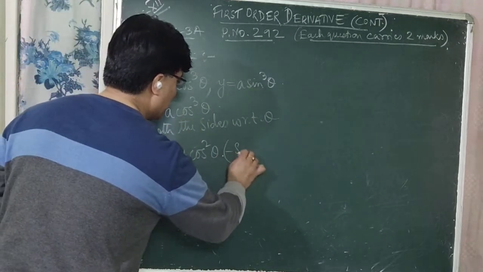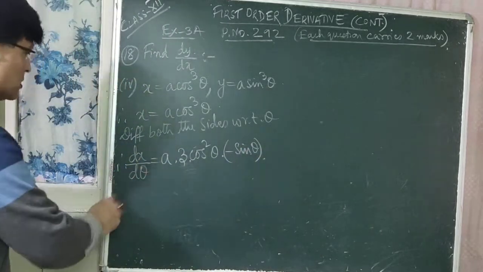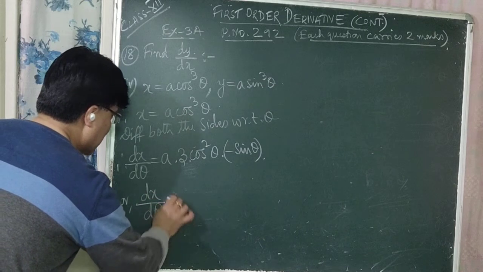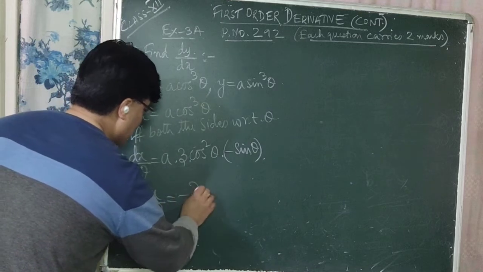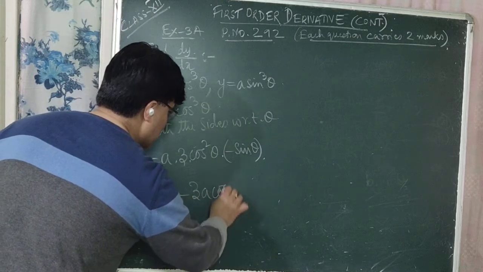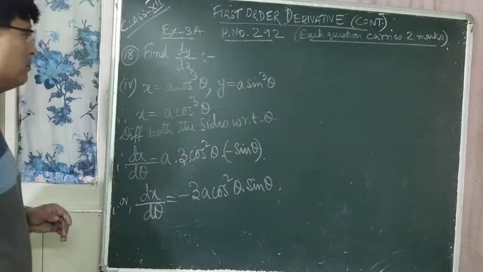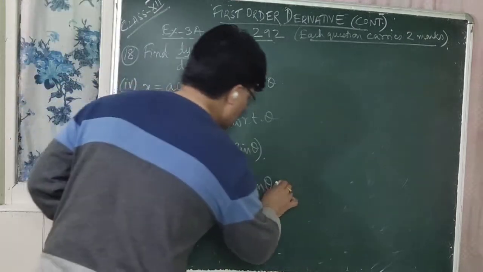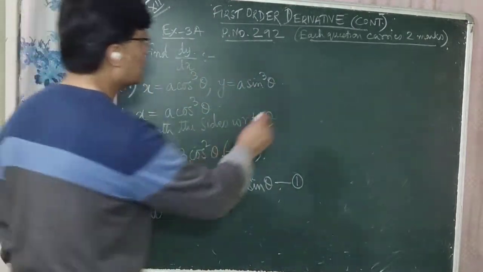That is minus sin theta. Is that clear? So dx by d theta is equal to, so minus sin, write it in the front, minus 3a cos square theta into sin theta. Minus 3a into cos square theta into sin theta. So suppose this is equation number 1, right? So again you have to differentiate